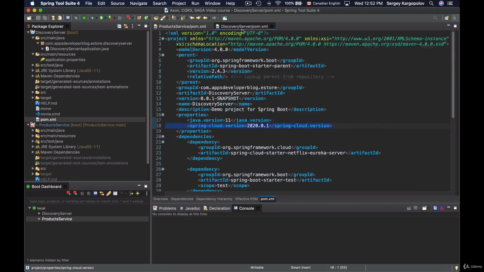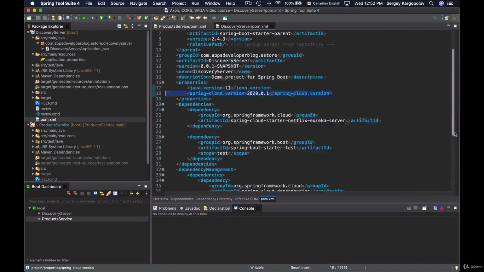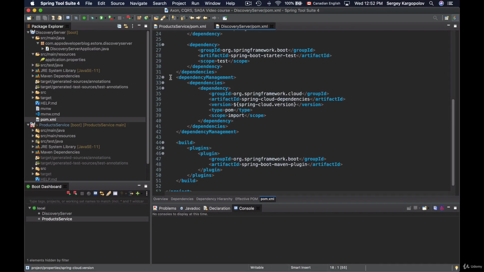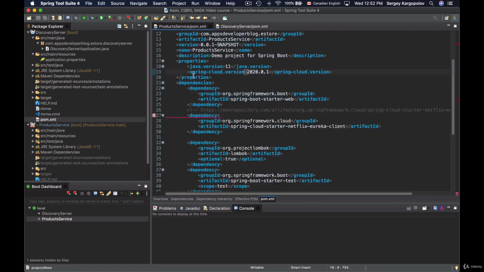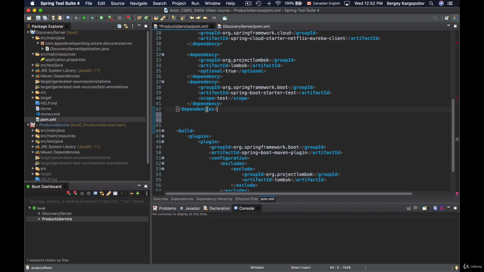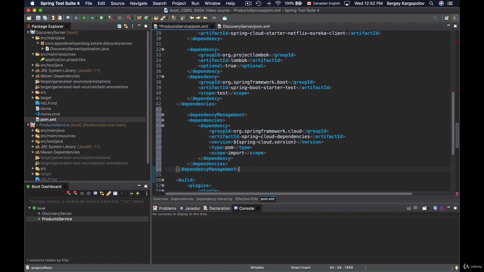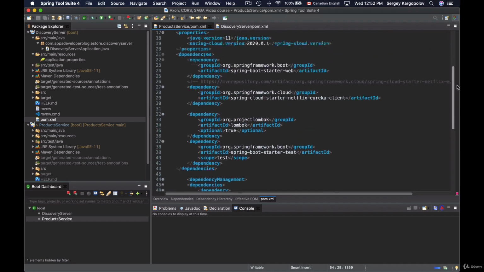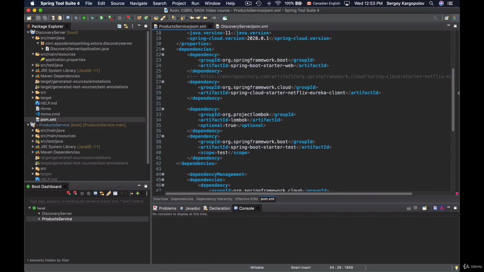Right? Now I'll go back to Discovery Server POM.xml, scroll down a little bit to Dependency Management section, and I will copy this entire section and I will paste it into my POM.xml of Products Microservice. Right after the closing tag of dependencies and opening tag of build. I'll paste it in between of these two tags like this here. Now if I save it, there should be no more errors here. So now we have all the needed libraries that will make our project work as Eureka client, but we're not